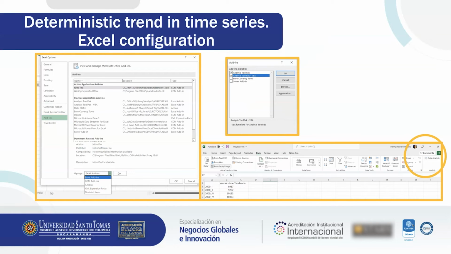Here you can configure your Excel in case there is not a data analysis section in your Excel's data page. This example was done in Windows 11. It is pretty similar in other Windows versions. First, go to your Excel options. Second, select Add-ins on the left. Third, on the bottom, look for the Manage option. Fourth, select Add-ins and press Go. Fifth, once you have the second pop-up, select the 2 options, Analysis ToolPak and Analysis ToolPak VBA. Sixth, click on OK.